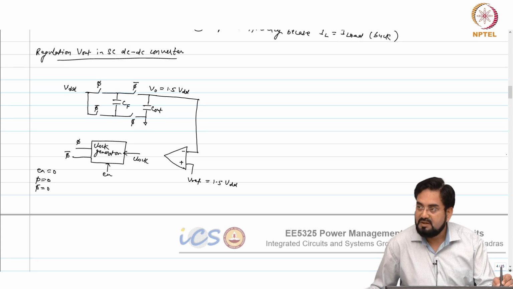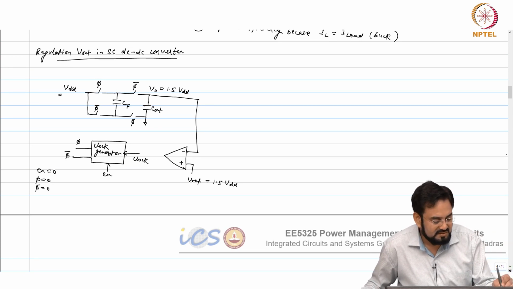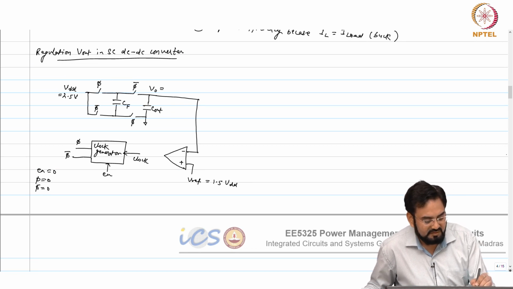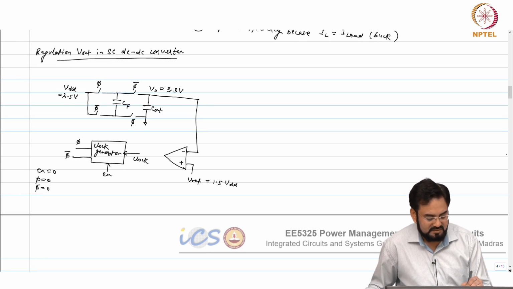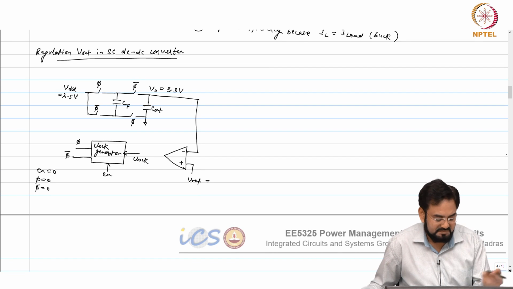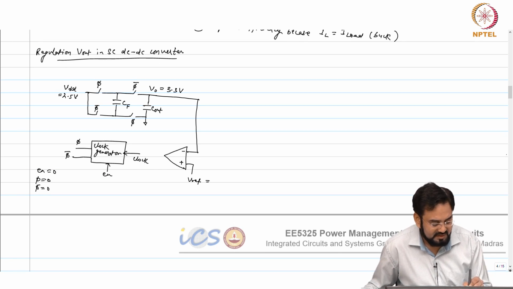VDD equal to 2.5 volt, the same case, and V out is 3.3 volt. If you are using a feedback resistor, then you can choose Vref based on that.